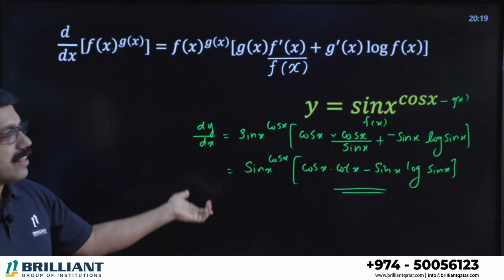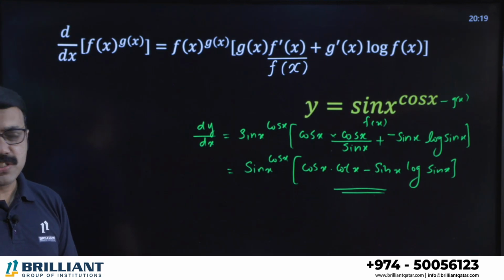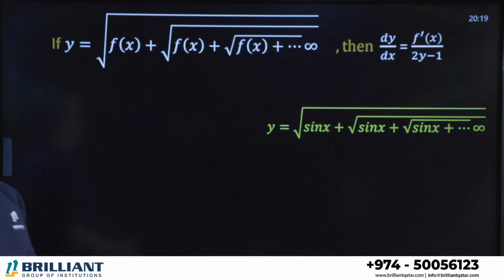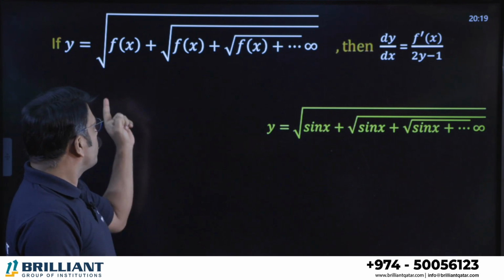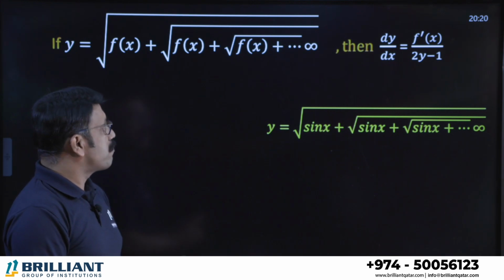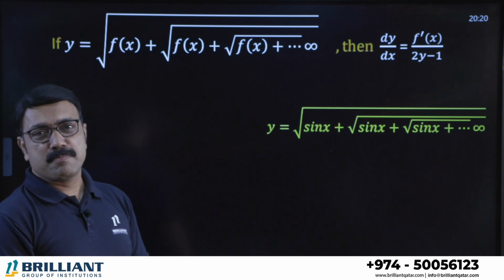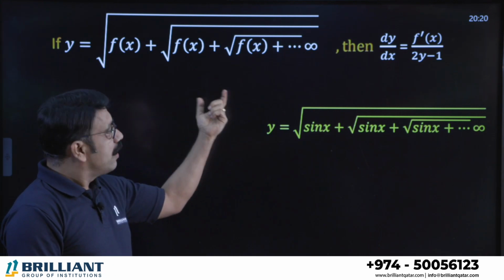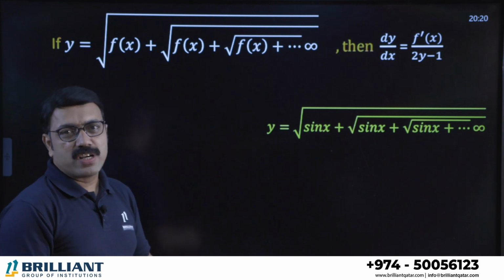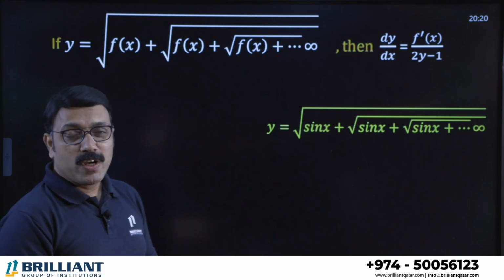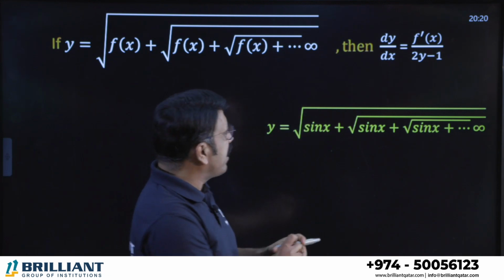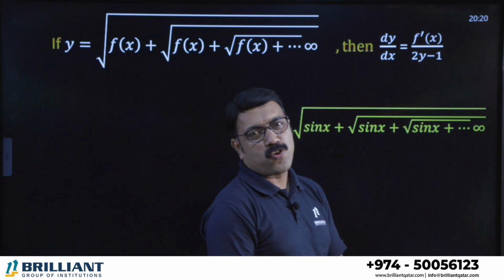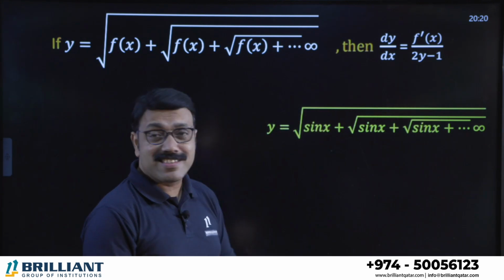So please see what we did there. First you learn the formula, directly apply there. Okay. I hope all of you understood, and we can move to the next trick, a shortcut of the other one. If y is equal to root of f of x plus root of f of x plus root of f of x plus, infinite numbers are there, infinity, then you know this type of many questions you can see. Then what is the shortcut formula for that? This type of functions we can take dy by dx equal to derivative of the function f dash x, dy by dx equal to f dash x divided by 2y minus 1. So only you want to select from here what is the f of x.